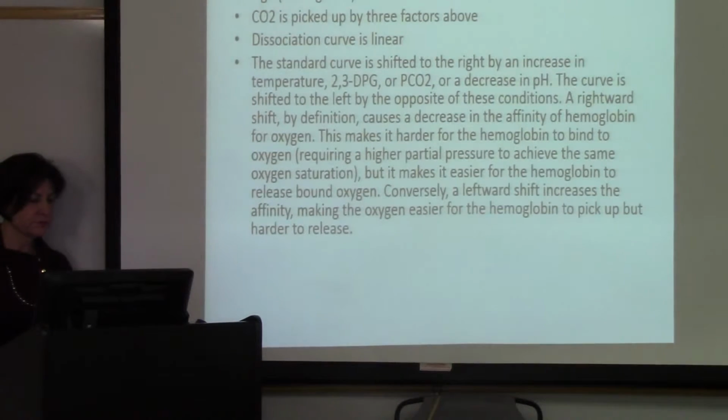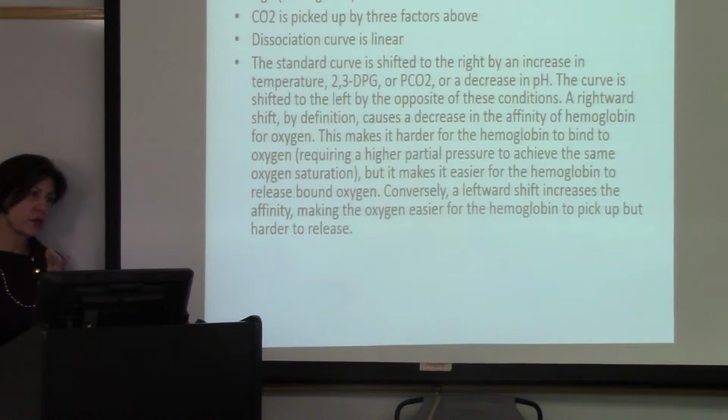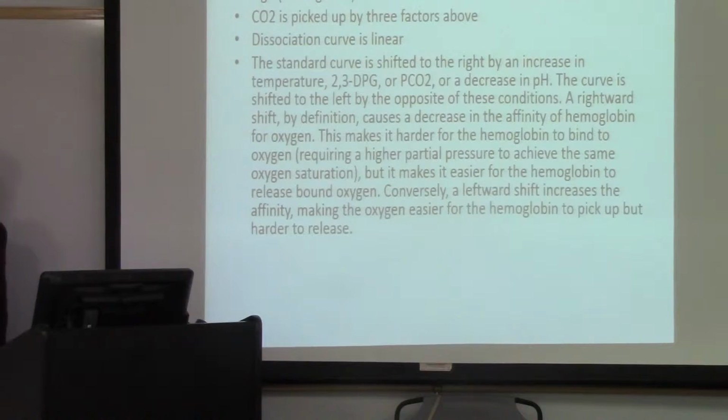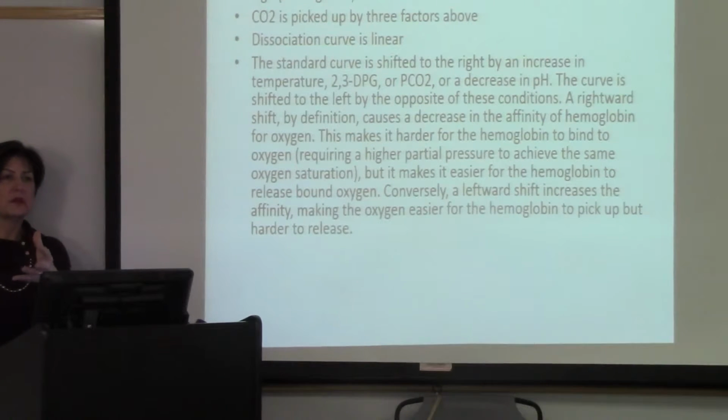So we talk about the gas exchange. The oxygen is diffused over the alveolar capillary into the blood. The hemoglobin picks up that oxygen. The blood circulates out to the system and to the different organs. It releases the oxygen and it picks up CO2 to bring back to the lungs. Okay.